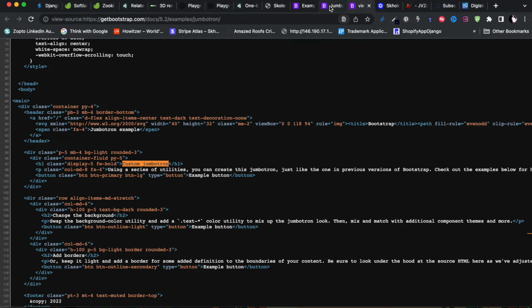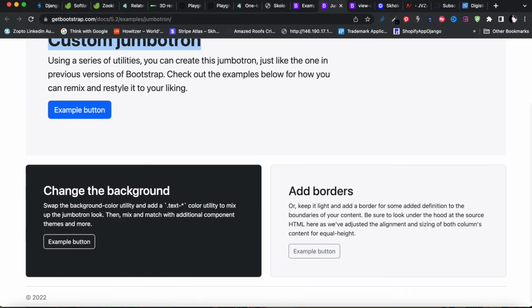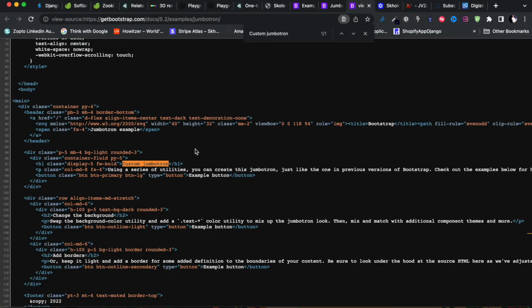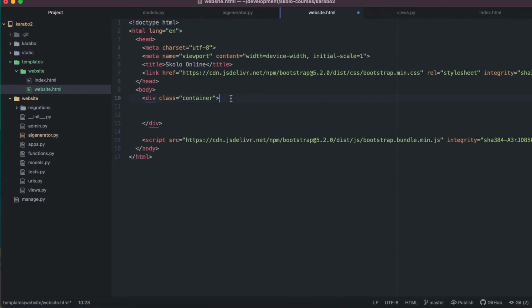Change the background. Let's see. Okay, so this is something else. Okay, so the Jumbotron seems like it just ends over here. Okay, container fluid, and then there is the titles and so forth. Okay, so I'm gonna copy this, right? And then I'm gonna, inside of this container,